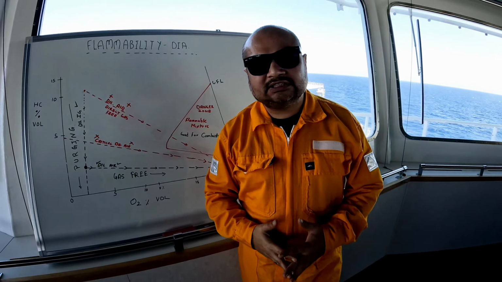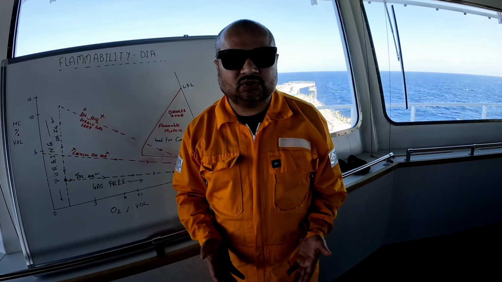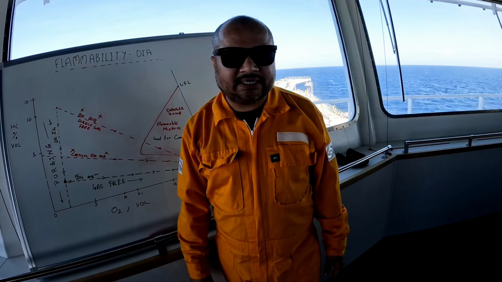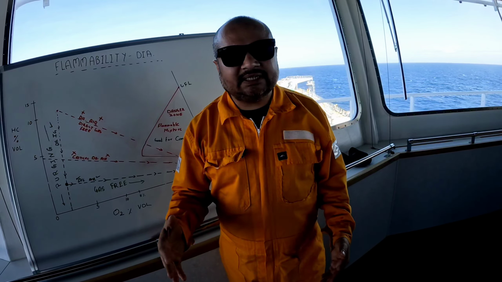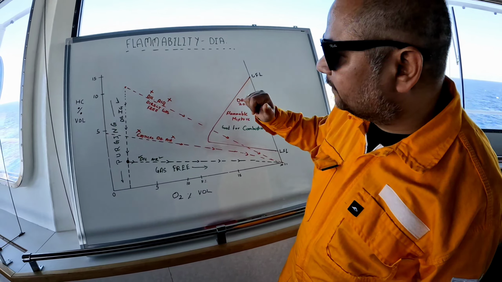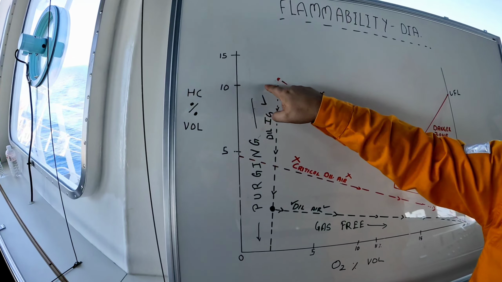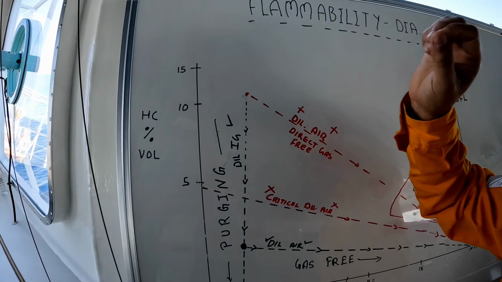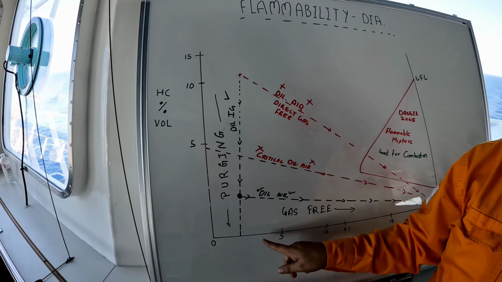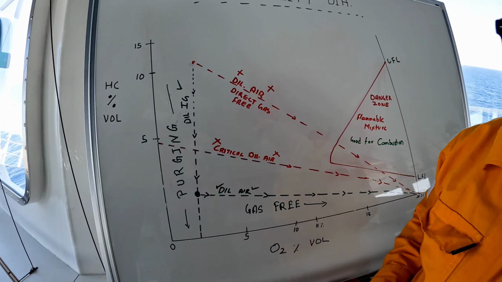Whenever you finish discharging, your tanks will have a lot of hydrocarbons, and you will have put IG into your tank, so you will have inert gas. So basically your tanks will be in inert conditions. We have taken a condition where you have about 10% hydrocarbon in your tanks and oxygen of about 4%. Normally you will be supplying IG with 5%, so your tanks will be less than 5% oxygen.